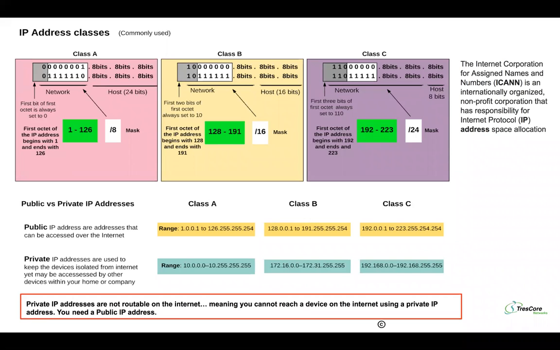When they started out, they devised this IP addressing scheme, and they found it has a huge range. With 32 bits, if you put the combinations together and convert, you have a huge number of